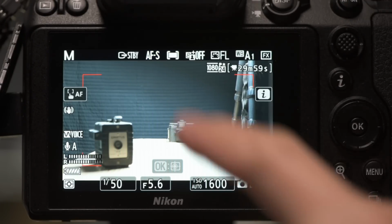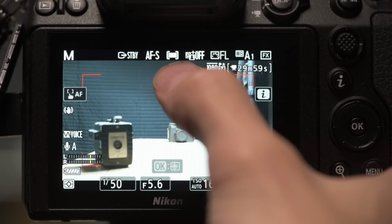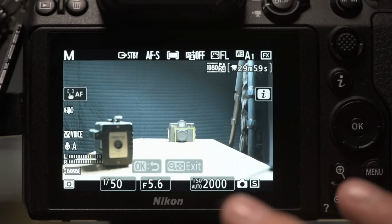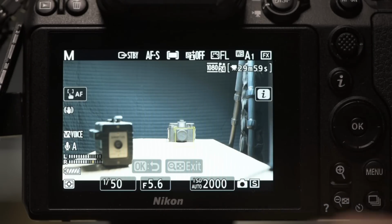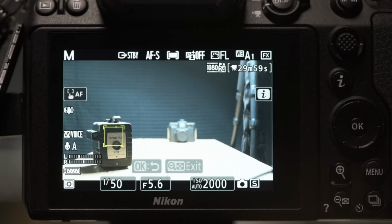AFS, and this is that auto area. You can tell by the icon there at the top. So let's get started with these settings. We'll change some of these settings as we go here, and you can just decide for yourself what you think. So right now we're in auto area focus. So that's a tracking mode. You're gonna select a point that you want the camera to track, and then it's gonna do the best it can to do that. So if we click that back camera,